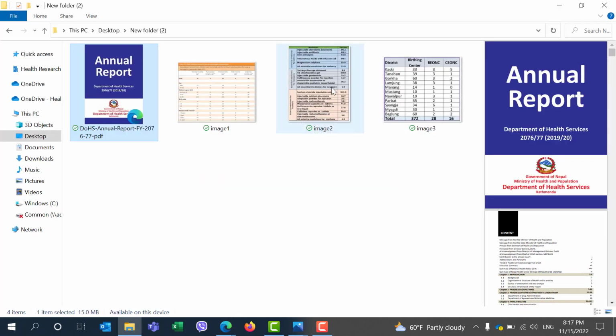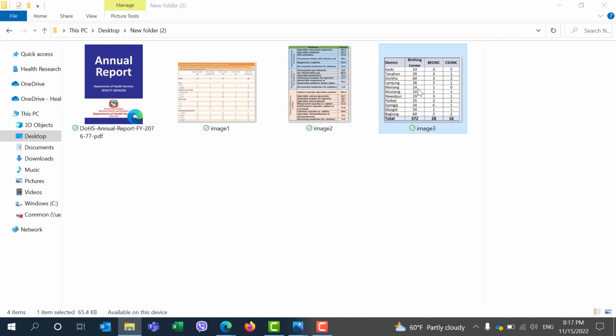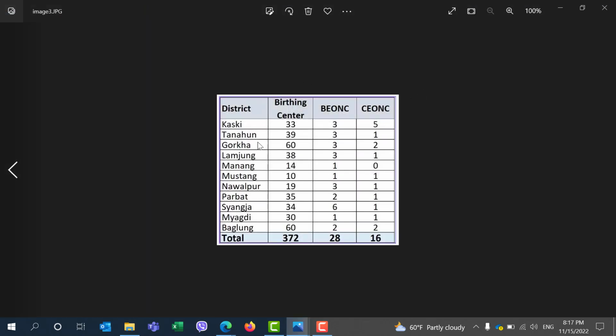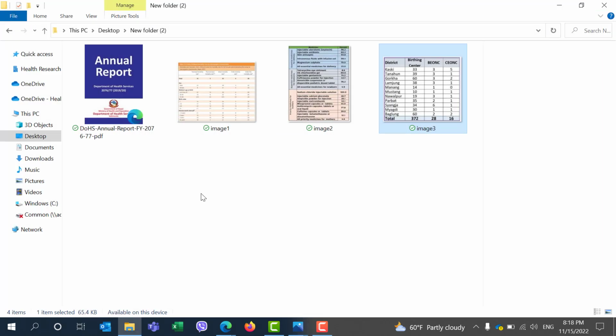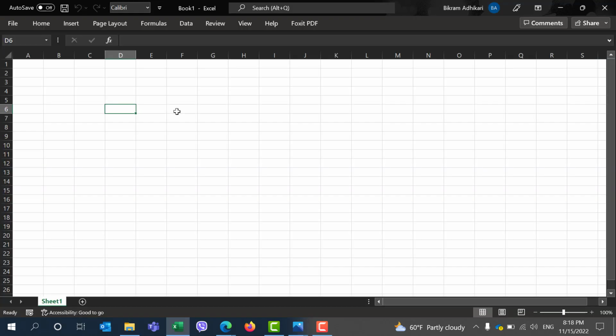There are other images. Here in this video tutorial, I will be exporting the data that is present in this table, which is saved as an image file, into Excel sheet. For this, open your Excel file. After this, go to Data,